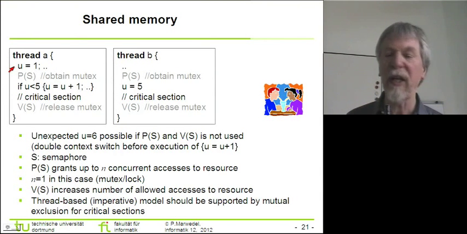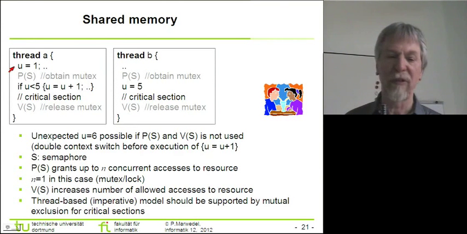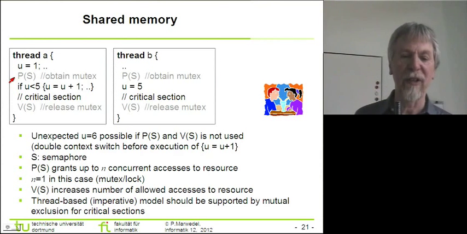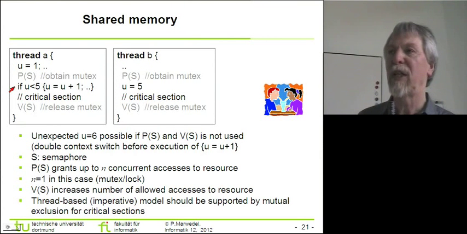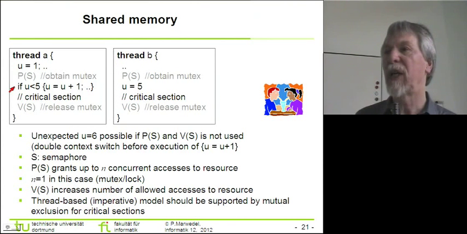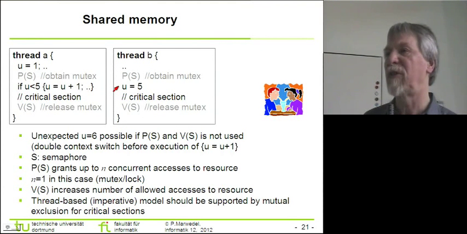These are two sequentially executed sequences of instructions, and there is the thread A and the thread B. In the thread A, we are assigning some initial value to some variable, and then for the time being, we assume that this gray part is not present in our code. Then there may be an if statement, and if the value of u is less than 5, we can possibly increment that value, and there may be some remaining code. And there is some other thread where we would set this variable u to 5,